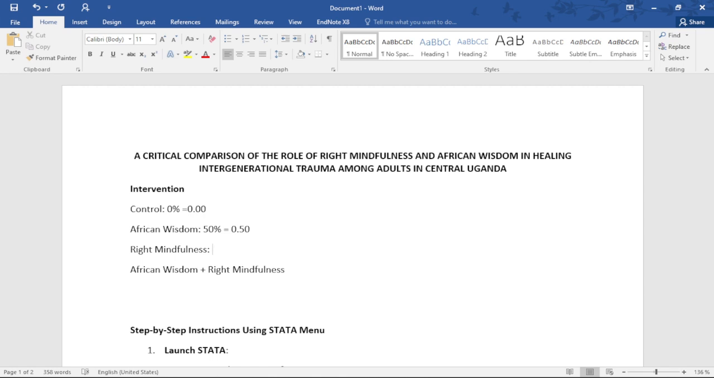Right mindfulness, this intervention has been working for years and years. It has been proven to be working. Therefore, we have to give it a slightly higher percentage because people have proven it to work. But this study was claiming that right mindfulness does not offer the best treatment. So we want to offer it slightly